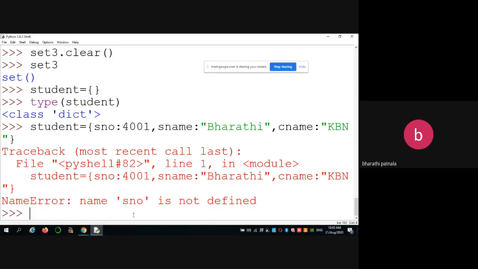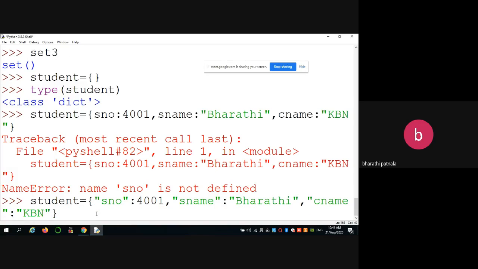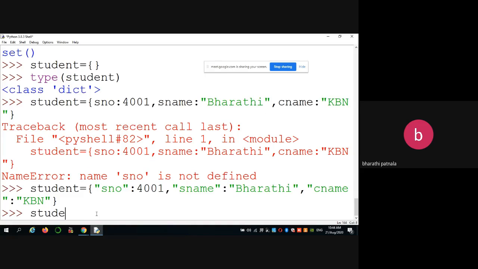These are also strings, that's why we have to give them in double quotations. So keys are strings. Now you can print the student.